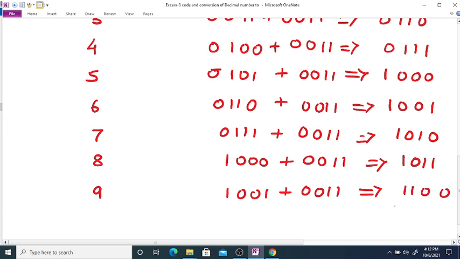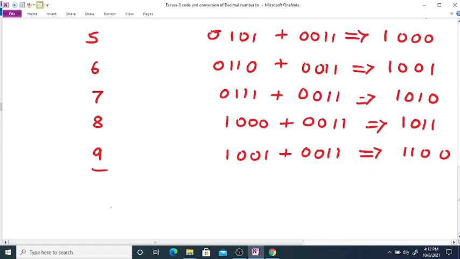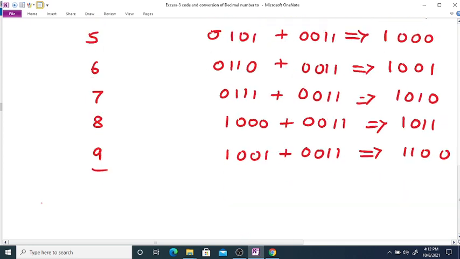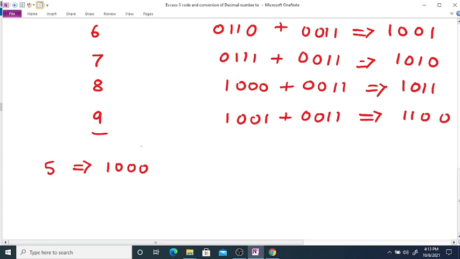So, we know that BCD numbers are up to 9. So, we get the XS3 code for BCD code. Now, it is also called a self-complementing code, because if we see here, 5 is represented by 1000 in XS3 code.